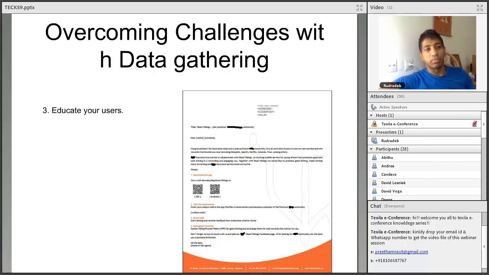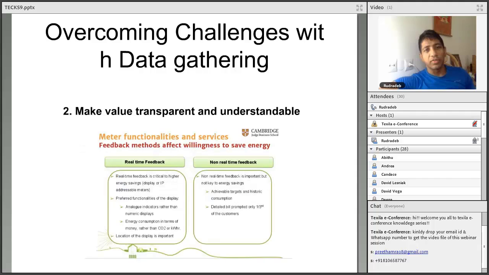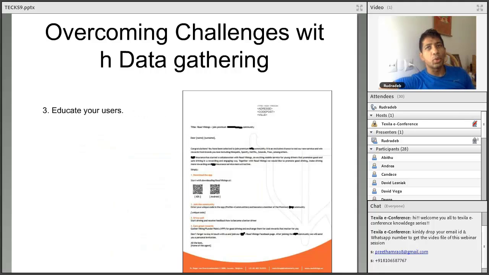And we, in fact, even called people. So we sent this post to around 500, 600 people, because in the early adopter market, we didn't need a huge amount of people. We called them, we sent them a post, and that increased people start using it. And of course, when the early adopters adopt and start sharing the data, then the other people also start sharing the data. So I think what we had seen is that by doing these simple three things, incentivize your users, make the value transparent, and educate your users, you would be able to way more improve your chances of gathering the user data.